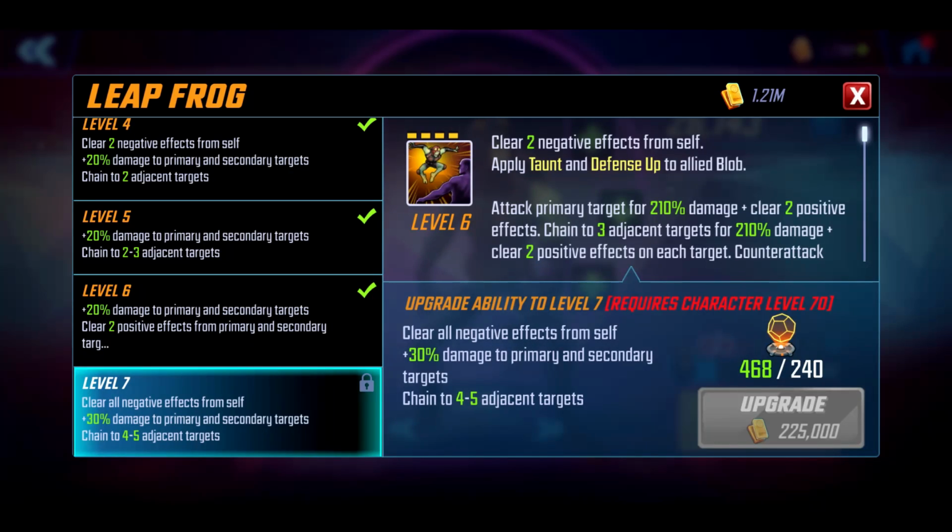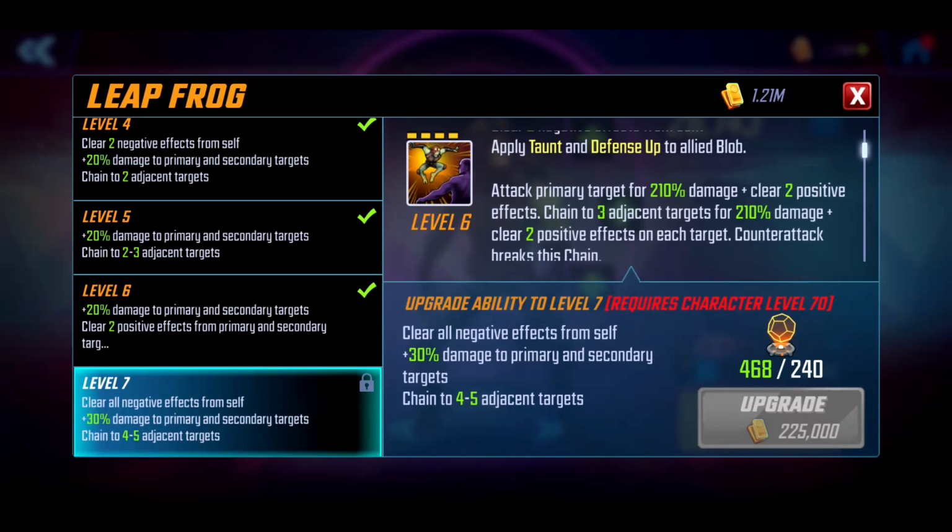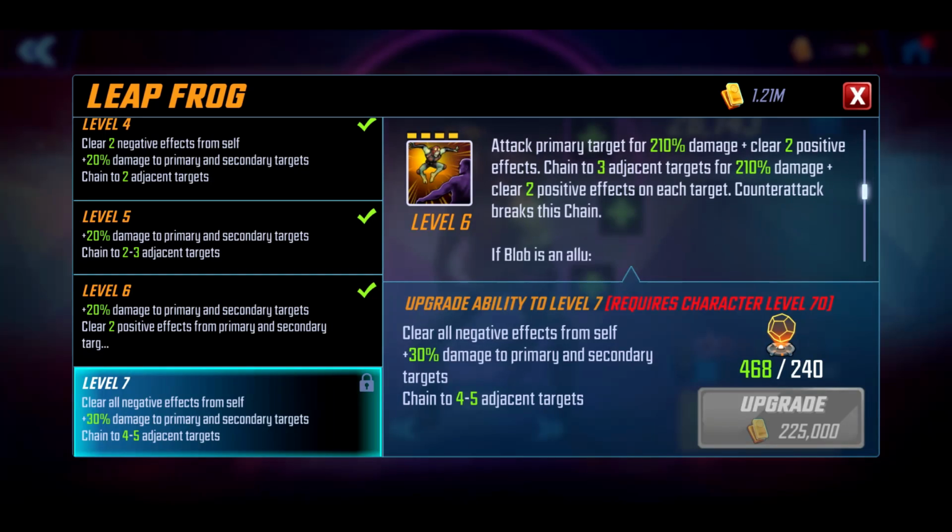For the ultimate we have Leapfrog, so this one here, you clear 2 negative effects from self and you apply taunt and defense up to allied Blob, and also with Blob I believe when a Brotherhood character drops below 50%, he'll taunt up as well there, so you could have quite a high uptime on it. Now the attack portion of this, you attack primary target for 210% damage and you clear 2 positive effects, and then you chain to 3 adjacent targets, so that'll be 4 in total you'll hit for 210% damage, and you're clearing 2 positive effects from them as well, so that'll work really well against Shield